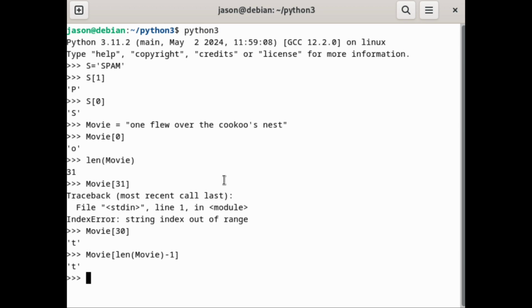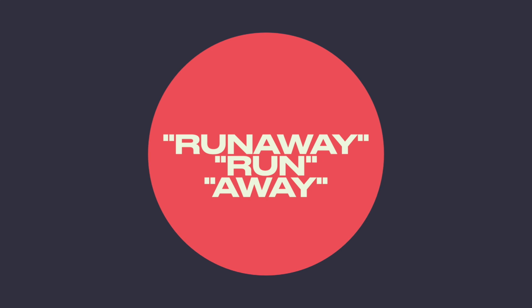Next up, let's talk about slicing. One final concept in today's little mini lecture is the concept of string slices. So that is taking a group of characters within a string, called a subset or subgroup, and somehow just displaying that. So for example, take the string S equals spam, S-P-A-M. What if we could just display P-A-M, Pam? Or take the string runaway. What if we could just display run or just the word away separately?